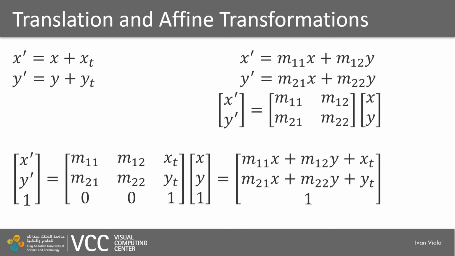Until now, we have been mentioning transformations which are scaling, rotation, reflection, shearing, but perhaps the most natural or simplest transformation we didn't mention so far. And this is translation, simply translating a point at a position to another position. The reason why we didn't mention it so far is that we cannot directly use the transformation matrices. This linear combination of x and y simply cannot express such a simple equation as x' equals x plus x_t as a translation